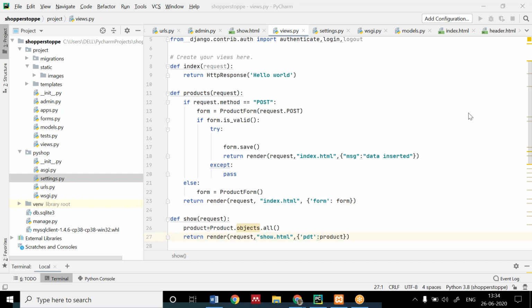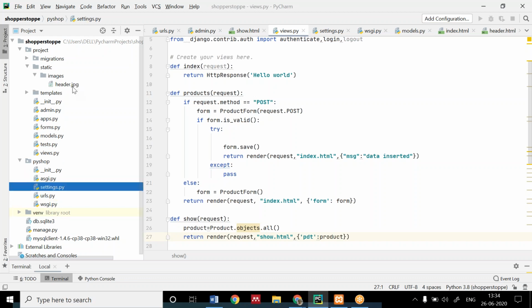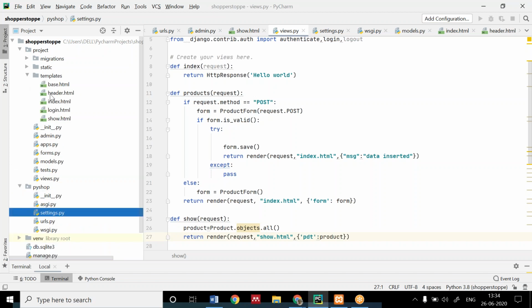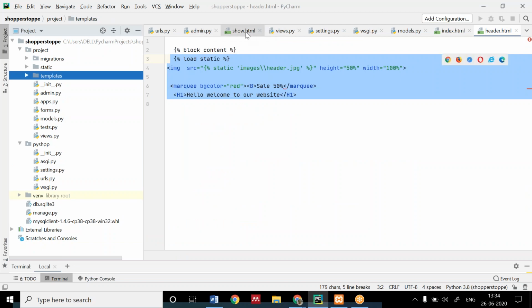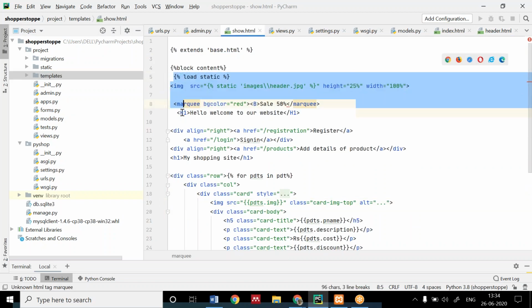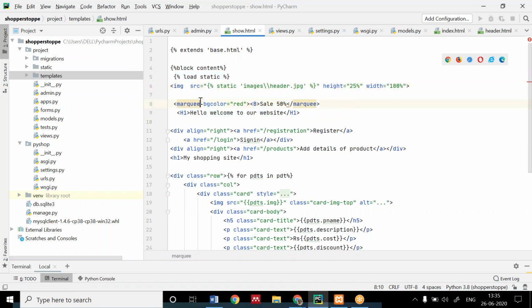No, you don't have to use header.js. I have stored the header.jpg here. I have created a header.html with the code. If I don't want to create it, I can directly use these codes in mine. See, I've used load static, I've used an image, and the header tag. I have used that before also. We created this yesterday or the day before yesterday. Hope you got your answer, Ankit.